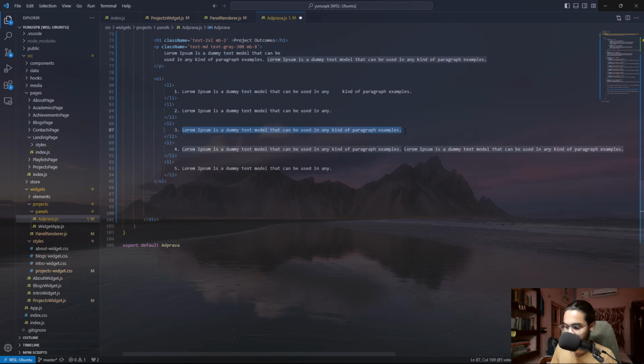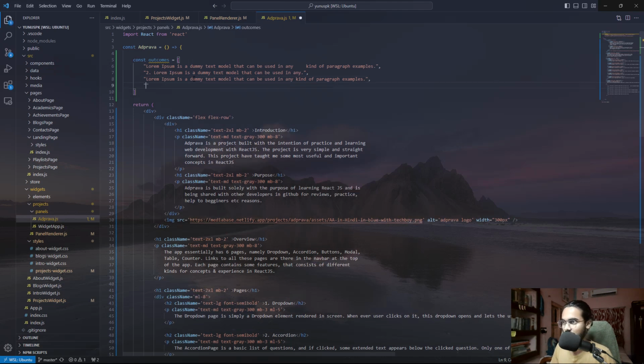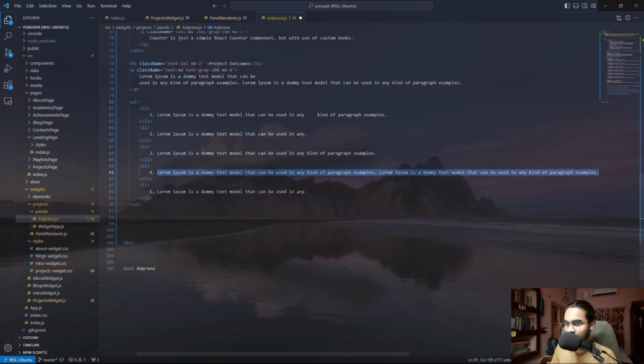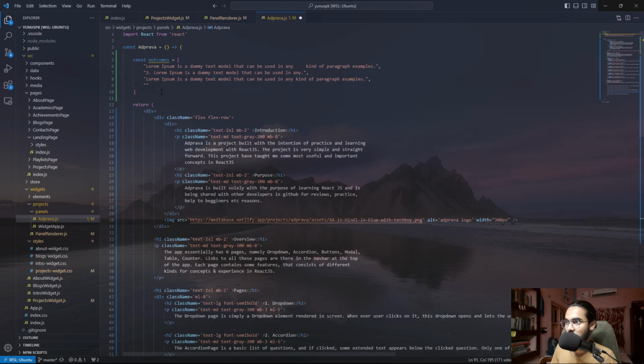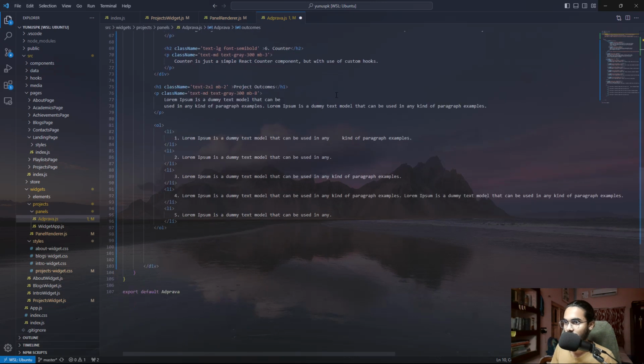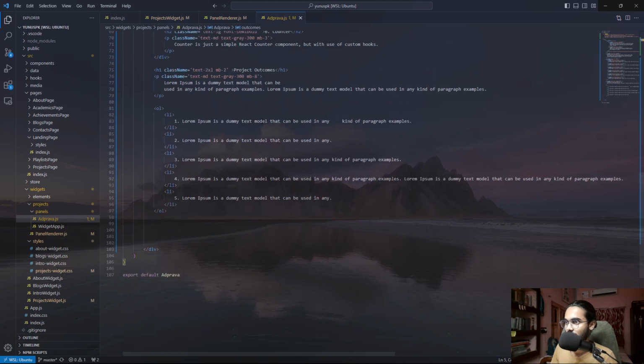Everyone is lorem ipsum, but every one of them are different sizes. That's why I'm copy pasting these things. This fourth one is bigger. Okay, and the fifth one is here. Okay, outcomes. What I'm gonna do is, other than these things,